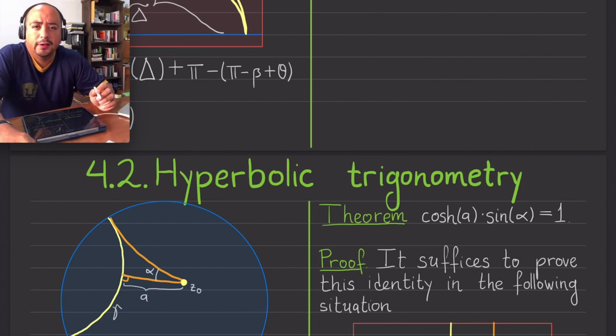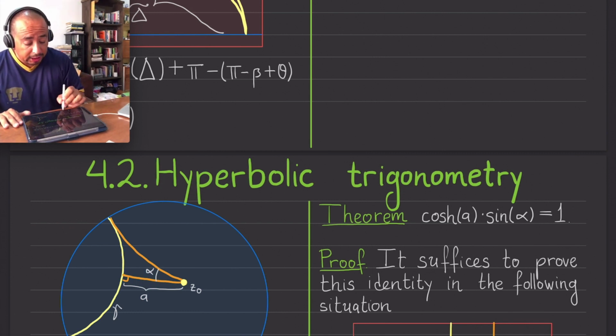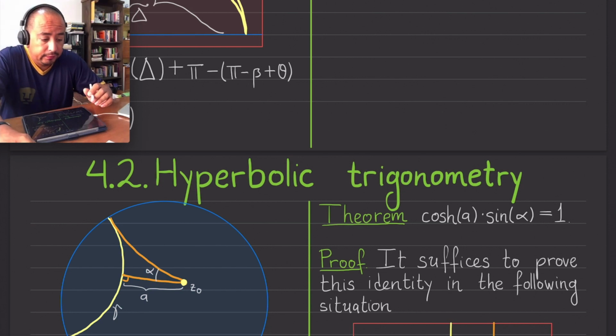Welcome to today's class. Today we are going to study some basic hyperbolic trigonometry, by which I mean something different from trigonometry of the hyperbola. Right? So today we're going to study triangles whose sides are shortest curves in the hyperbolic plane, whereas in